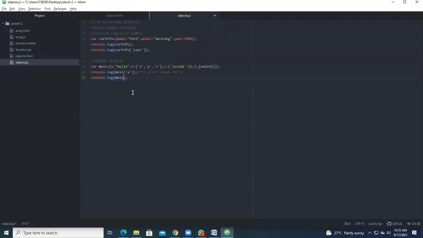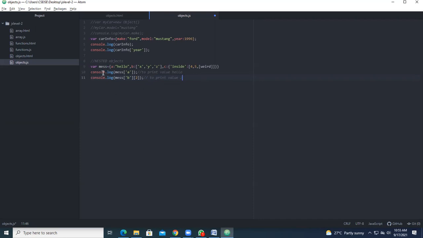What you have told, B, inside that it is an array. This is at location 0, location 1, location 2. So first you write B, then you go with a 2. So this is used to print the value Z. Okay. So this is how you are going to display the values when you have nested objects.